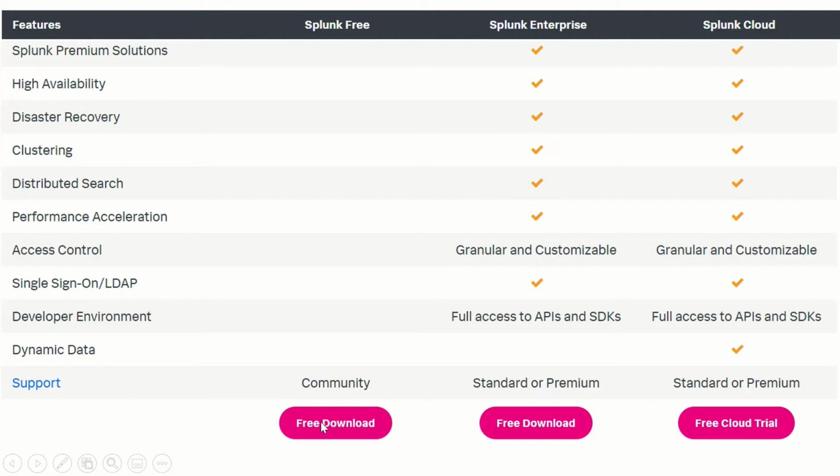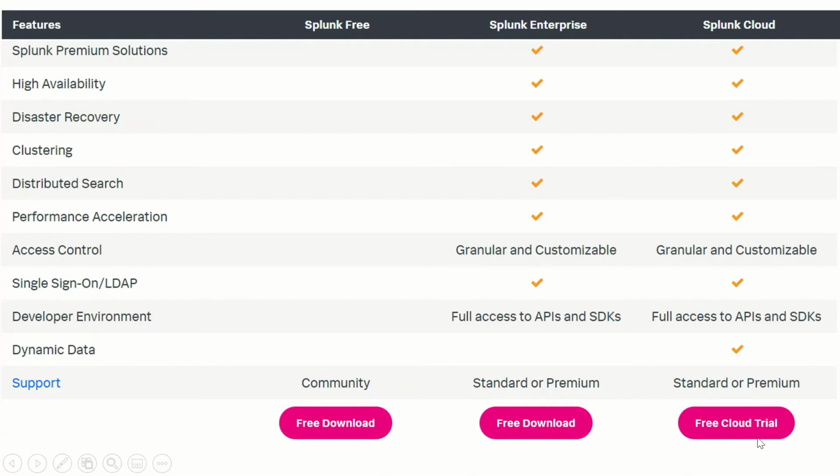All of these Splunk versions you can deploy in your environment. You can download it free from the Splunk site, and for the free version you have a 60 day trial license where you can ingest 500 MB of data. However, for enterprise, you need to get a licensing file from Splunk support and install that on the license master. And for cloud, again you need to contact Splunk sales.